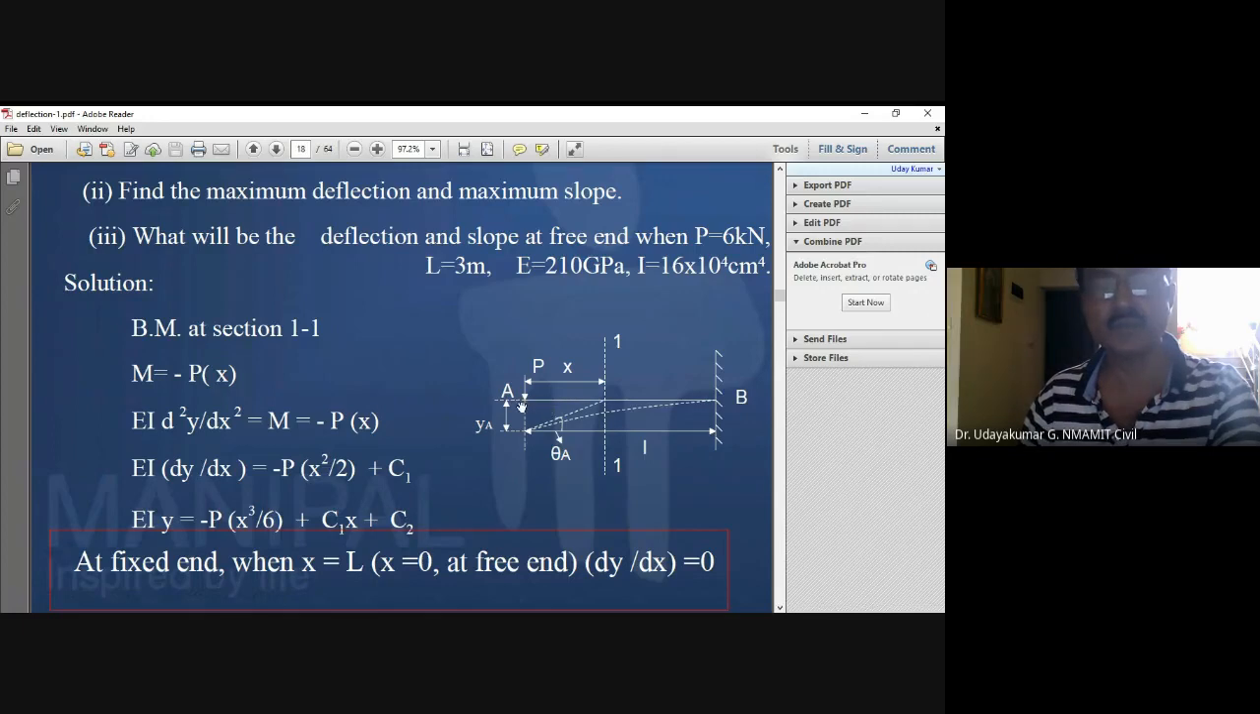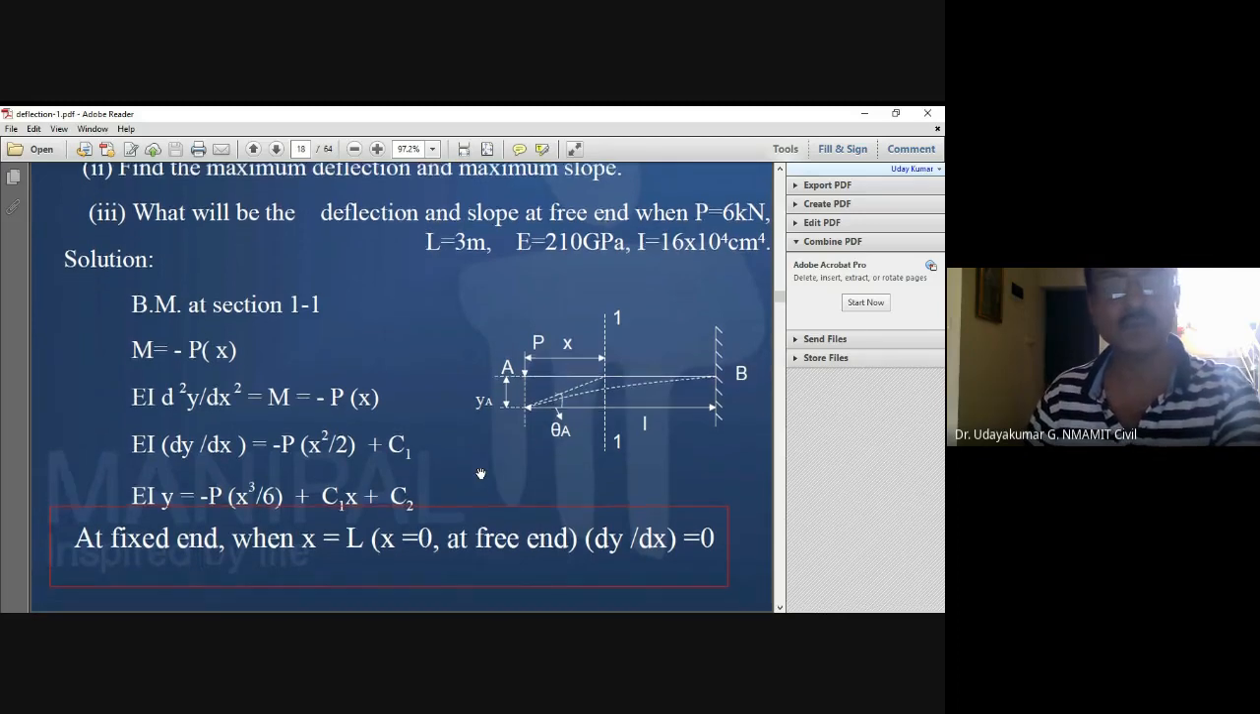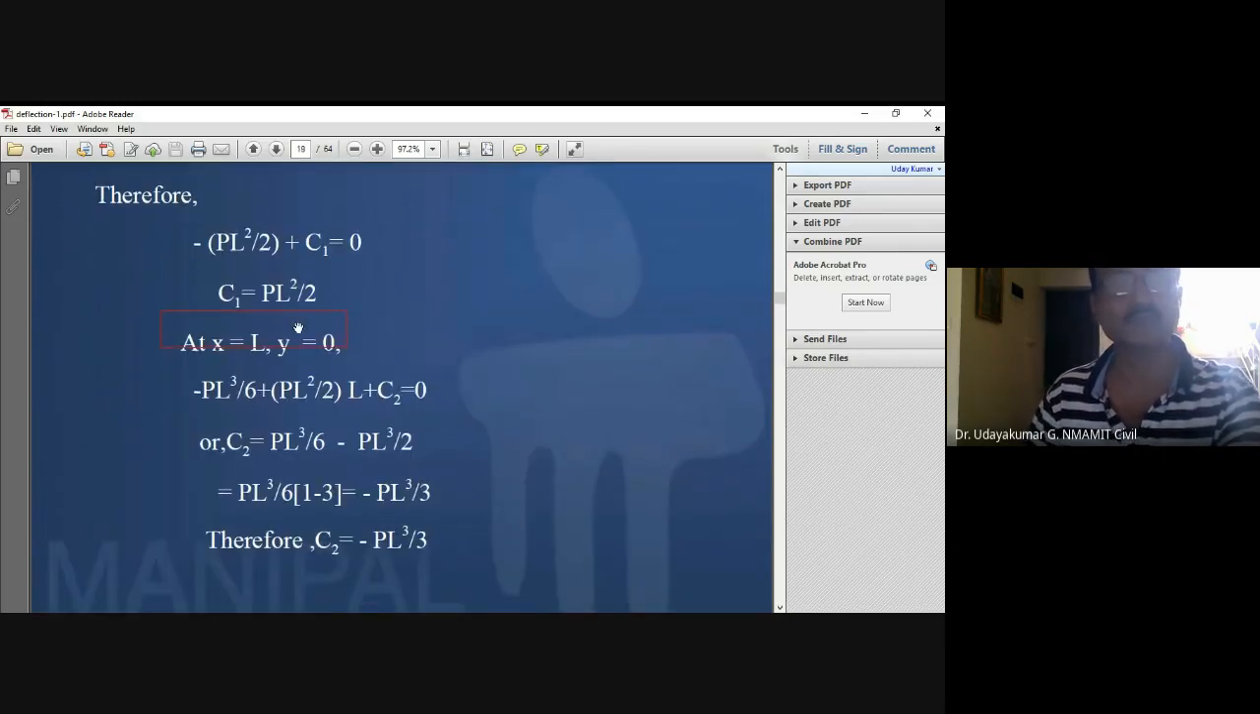Now you know that you have started with x at the free end. At free end, the two values are maximum, slope and deflection. To get the constants, what you have to do? Put x equal to L. So at the fixed end, when x equal to L, slope is 0, whereas x equal to 0 means free end. So substitute this value of slope here, get the value of C1. Substitute the value of C1 in that previous equation,